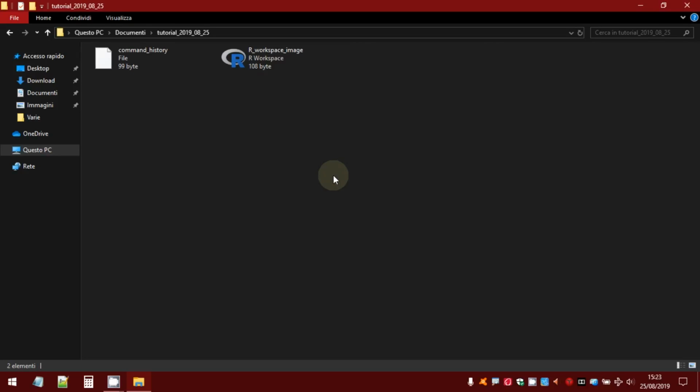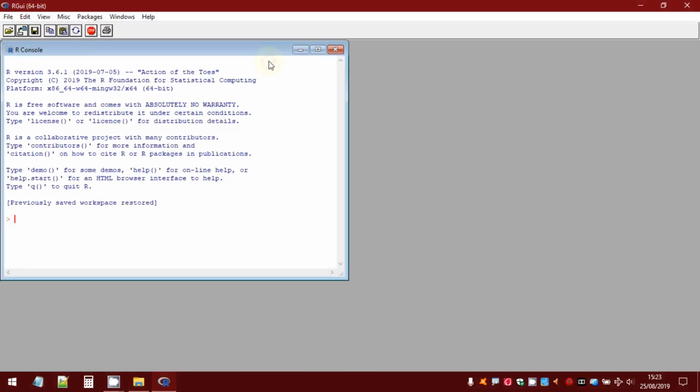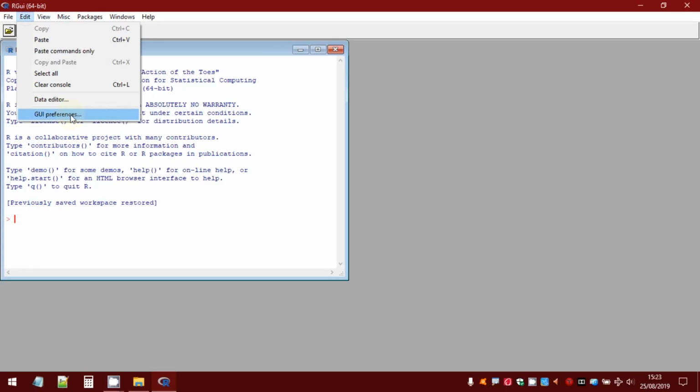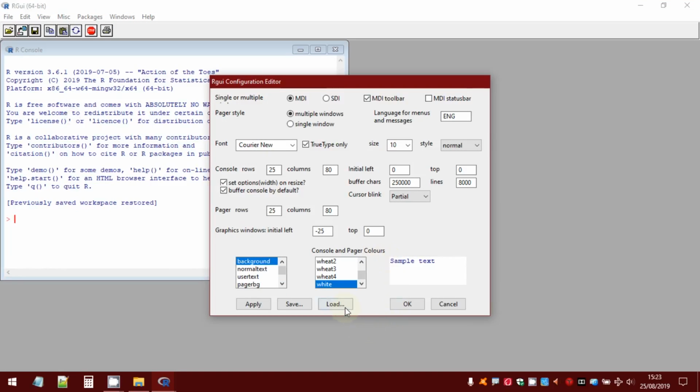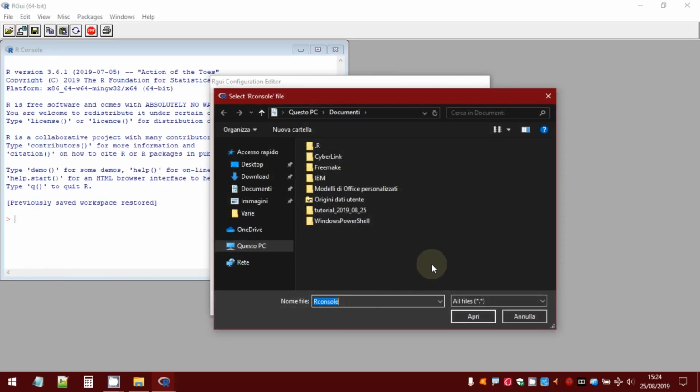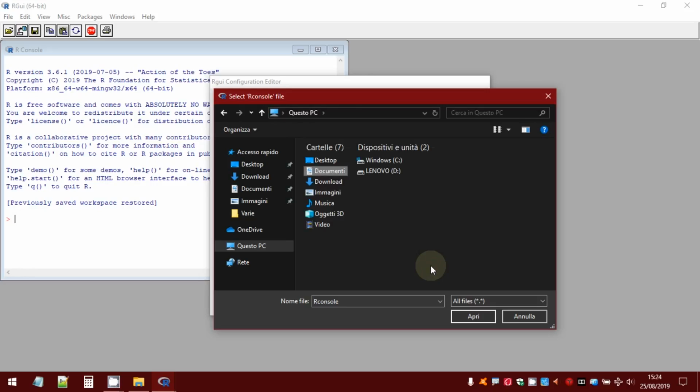So now, to open the workspace we have saved and to have all the variables available, just double-click on this icon. I select my preferences about the archive. I grab the file.